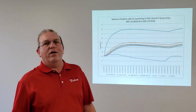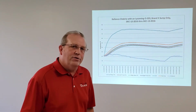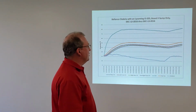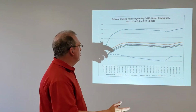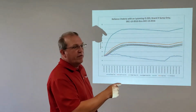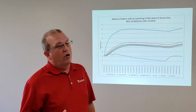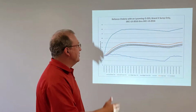Many people ask us, well, what about just a sump heater that I put on there? That should do it. I'll put a blanket around the engine. Everything will get the same temperature over a period of time. This is a test that we did back in 2016. Fully insulated engine cover around the engine, but as you see, the oil temperature was 30 to 40 degrees warmer than all of the items above the oil, which does set you up for a possibility of that moisture condensing